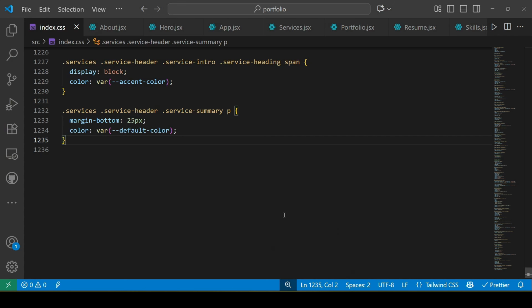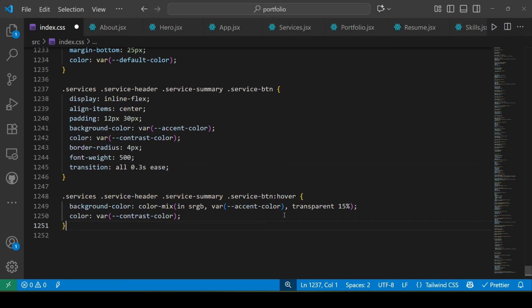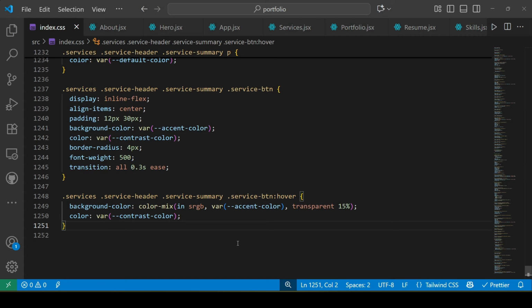Then we style the service button to appear as an inline flex element centered vertically. And give it the accent color for the background and the contrast color for the text, with rounded corners and a smooth hover transition. And on hover the background slightly lightens, keeping the button interactive and consistent with the overall